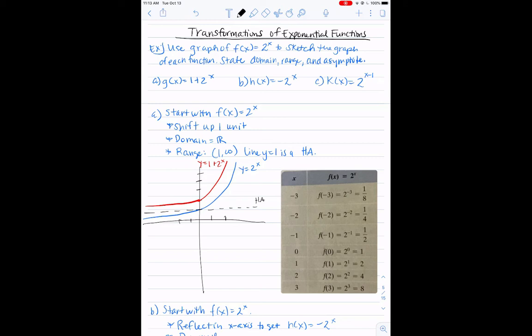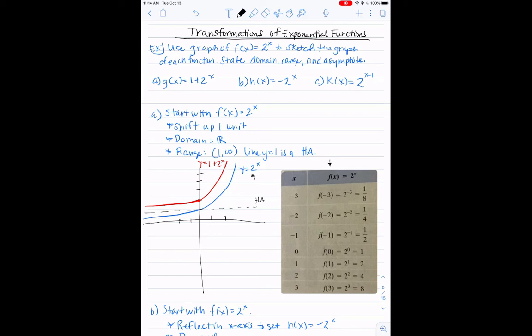Alright, here we have some transformations of exponential functions. So we're going to go ahead and use the graph of f of x equals 2 to the x to sketch the graph of each function. And then we're going to state the domain, range, and asymptote. Alright, so for our first one, our g of x, we have 1 plus 2 to the x. So our first step is we're going to start with f of x equals 2 to the x. So here I have y equals 2 to the x. I have the points here from